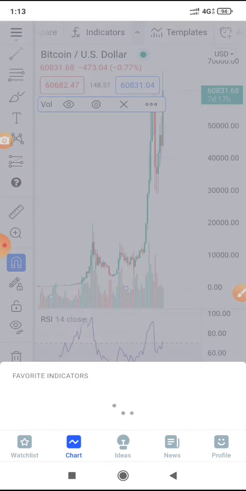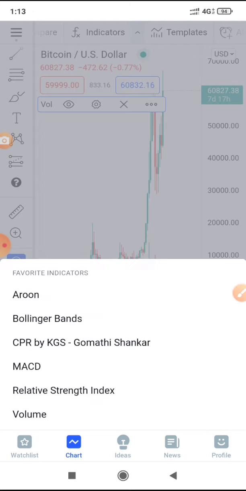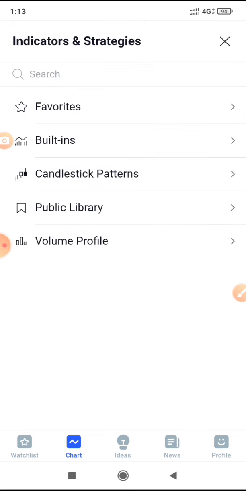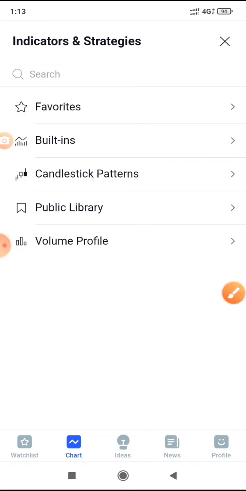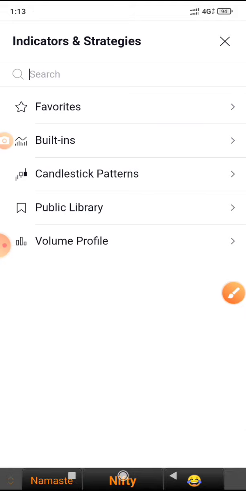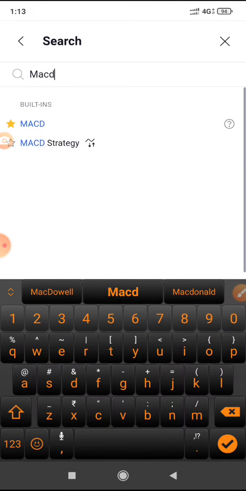So all the indicators, whether built-in or created by the public, are available. You can also add favorite indicators. So you have to click and mark them as a favorite. Let's say for example I want to add a MACD indicator, right?